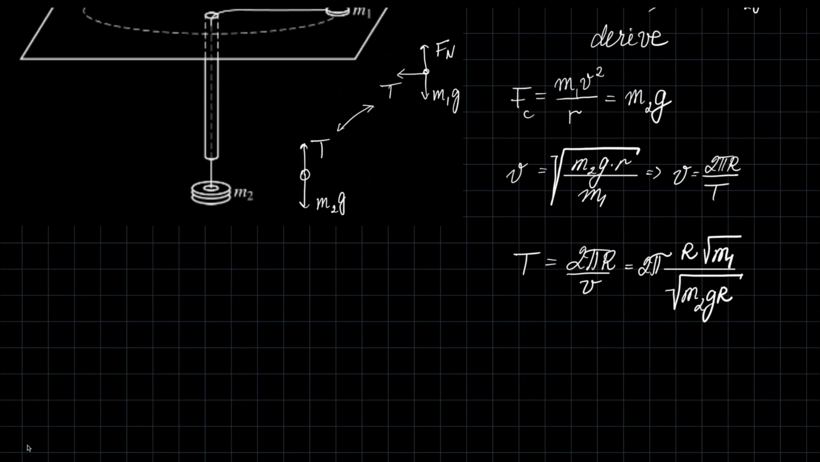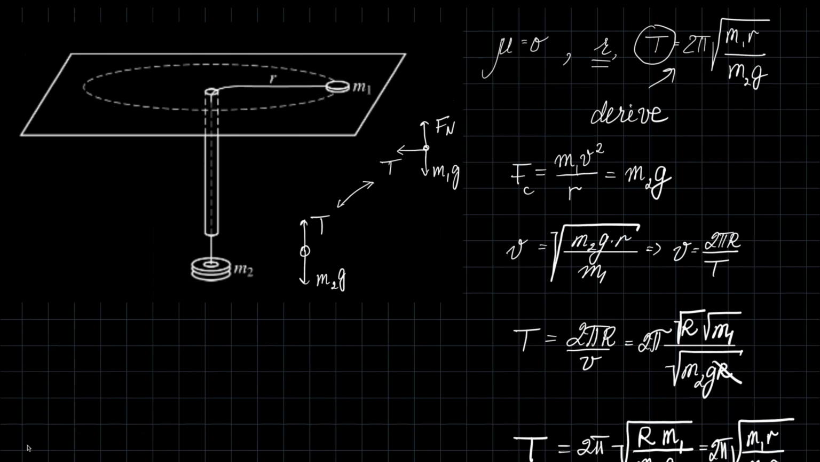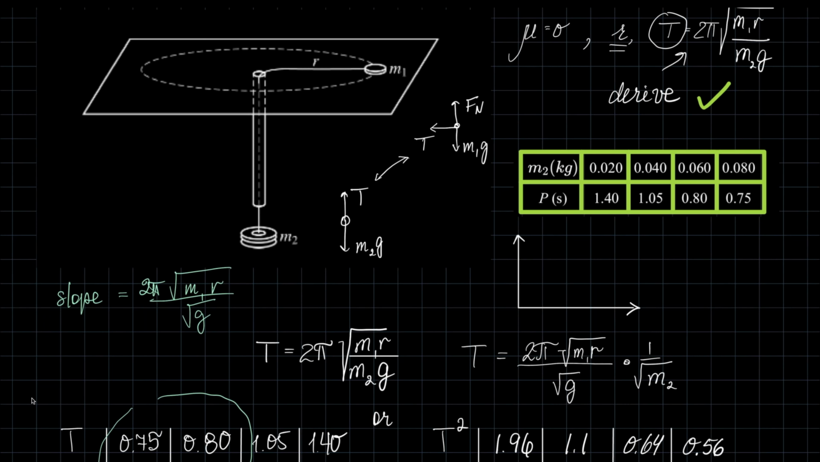So that altogether boils down to 2 pi, and then we have a root, and we'll put everything under it. We will have r, this r, and this will become M1r over M2G. They want it written as such, M1, because the radius is that little r, M2G. Voila! In the next part of the question, we are asked to graph a set of data that was obtained